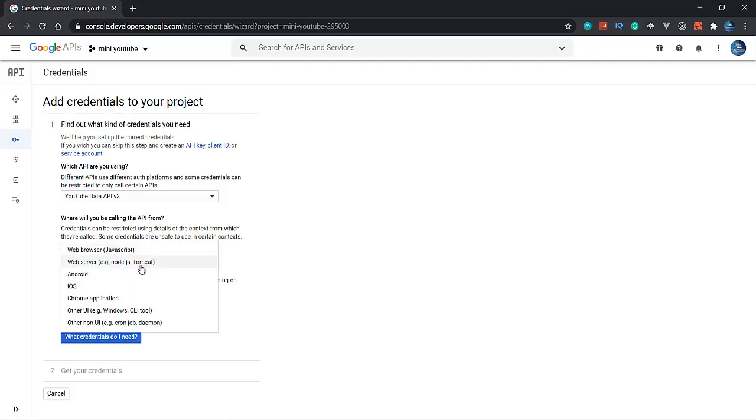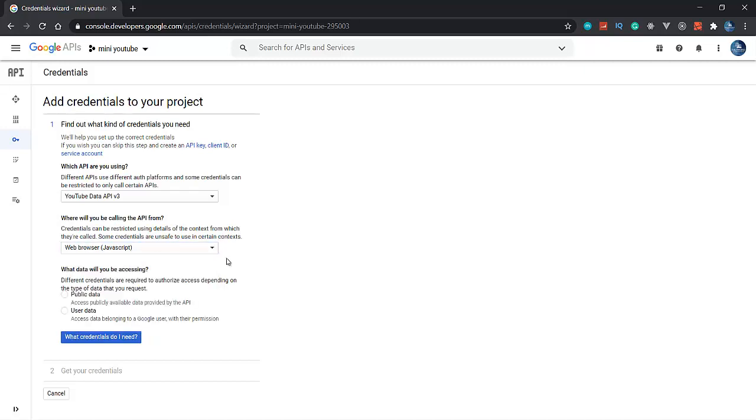Node.js is a back end language based on a web server, but we are not using Node.js until now. We are only using our front end language, and we are going to retrieve the data from the browser only. We are not going to add any backend there. That's why we are writing web browser here.